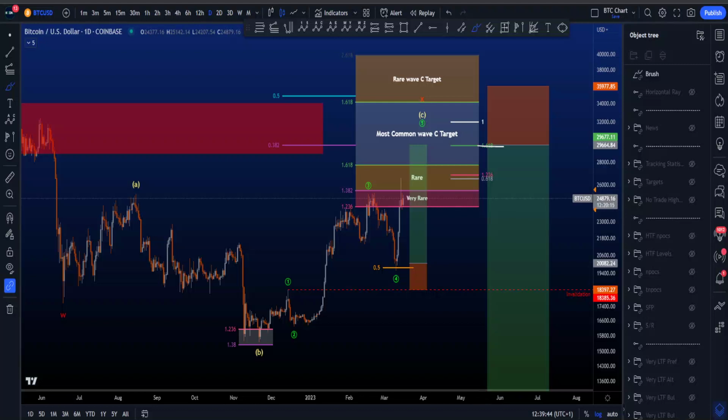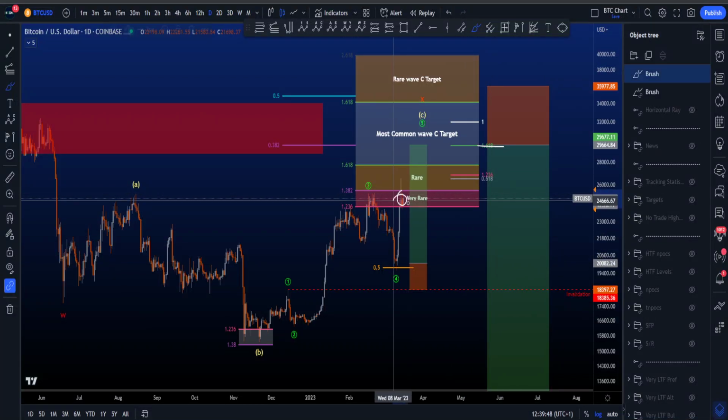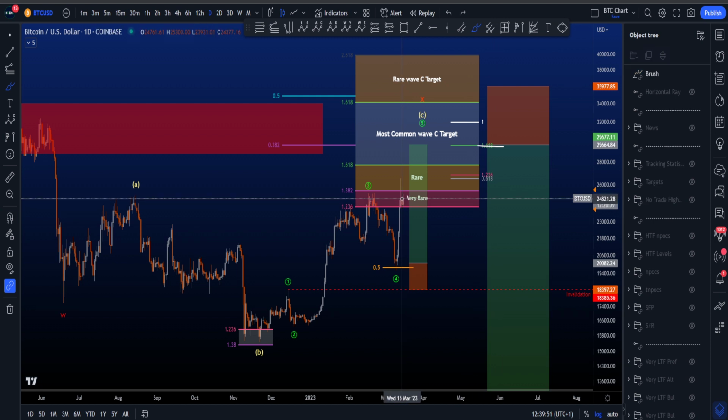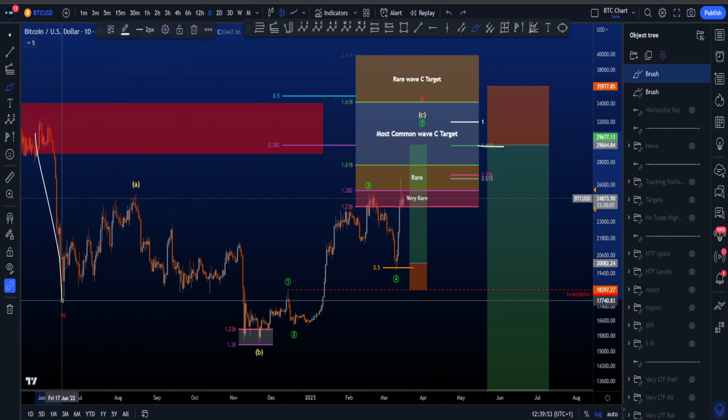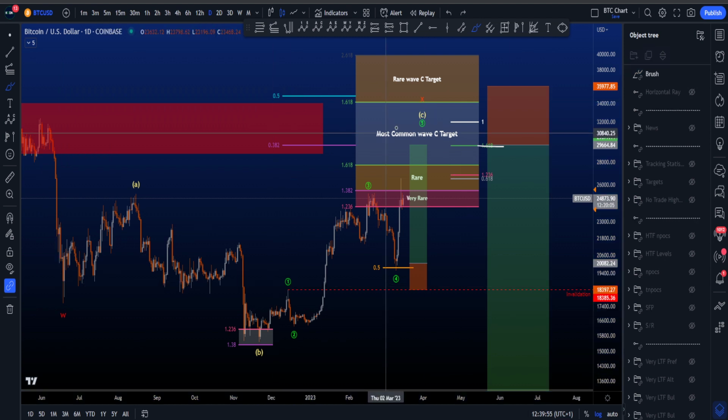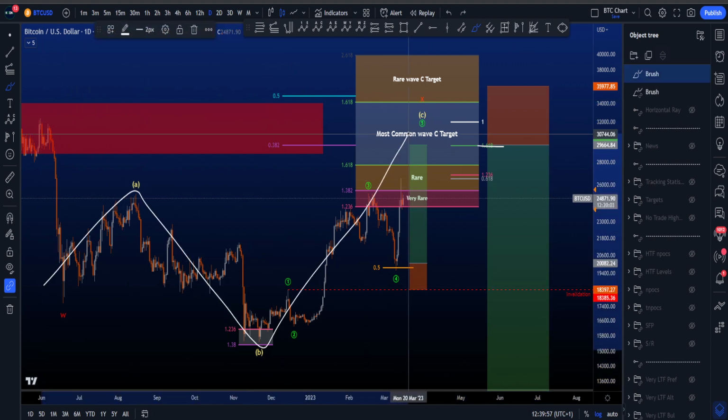Hi everyone, in this video I will only go through my main preferred scenarios on the high time frame, medium time frame and the low time frame, including potential trading setups. So on the high time frame we're looking for a WXY with then inside the X an ABC expanding flat,